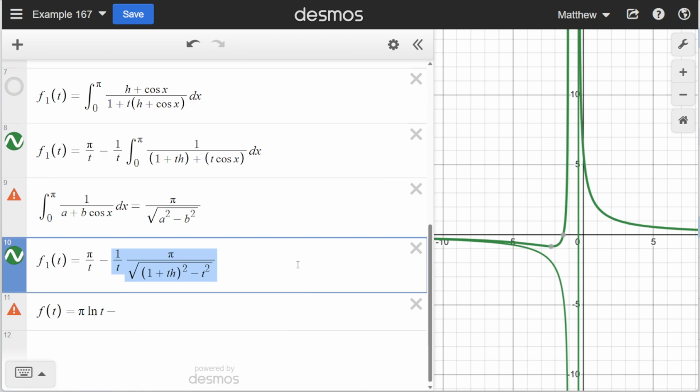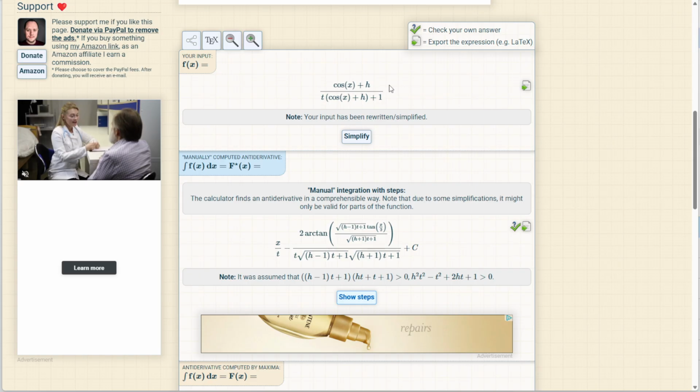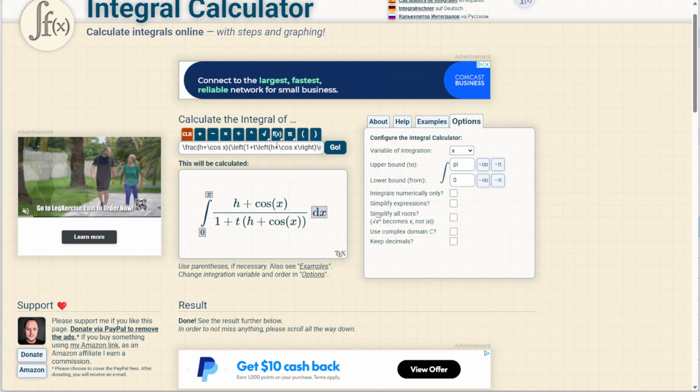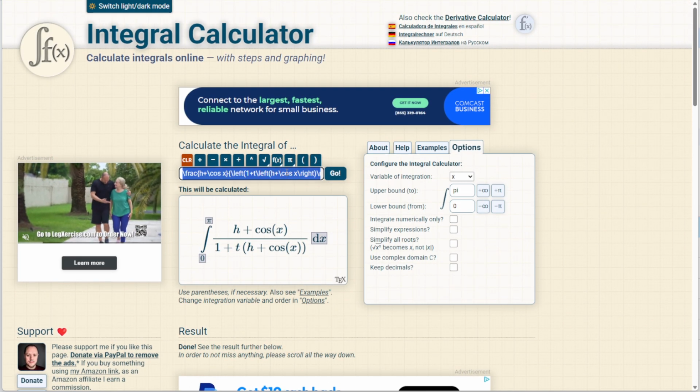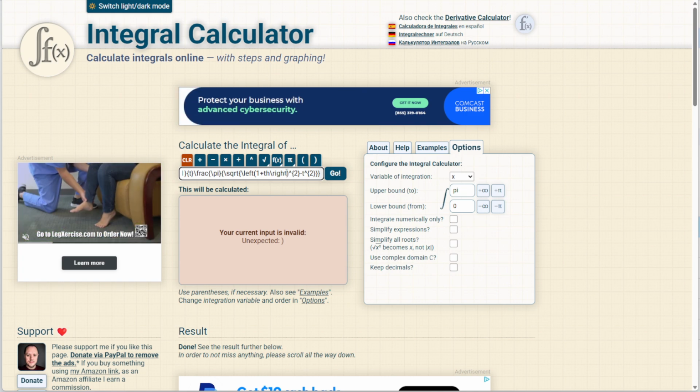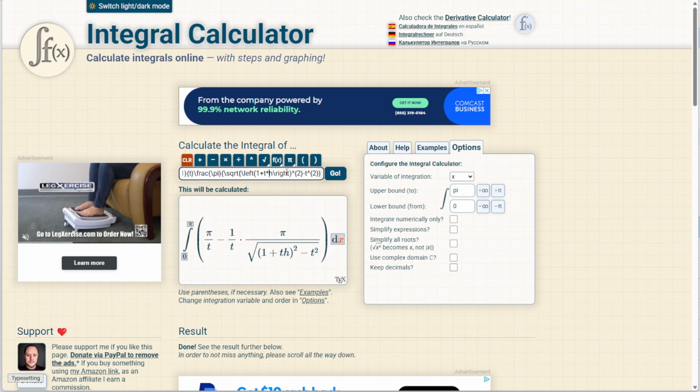Now I believe the online integral calculator will handle this one. All right, so we're going to copy that, and you know what? It might indeed handle the whole thing. So let's just go ahead and paste that into the integral calculator, because with enough time, I could definitely evaluate that integral. I recognize that it is